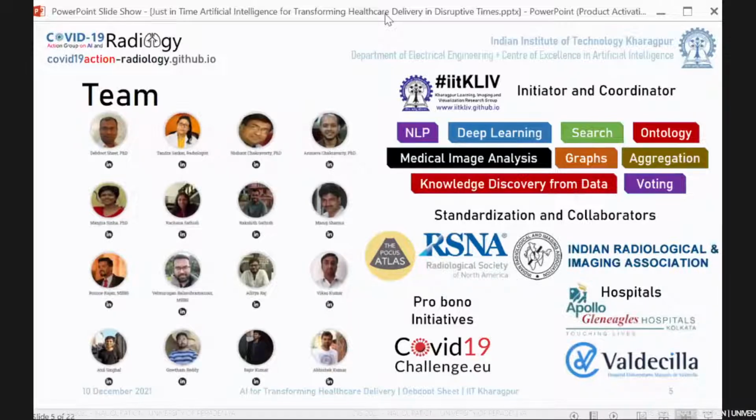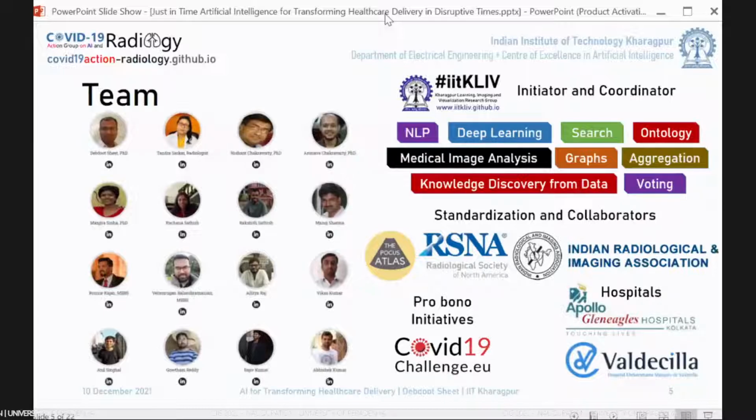And uniquely, there was a very interesting pro bono initiative called the POCUS Atlas, which was essentially building up these standards for point of care ultrasound. So we partnered with all of them, and we got a set of generous inputs coming from our hospital partners in India and in Spain,